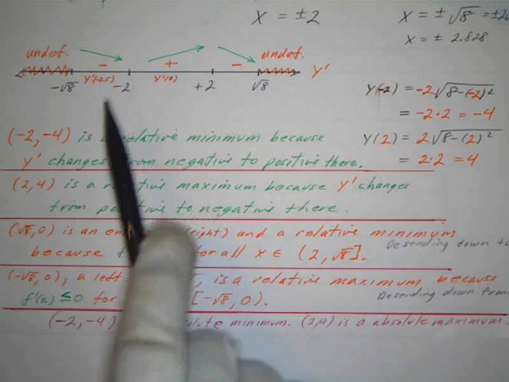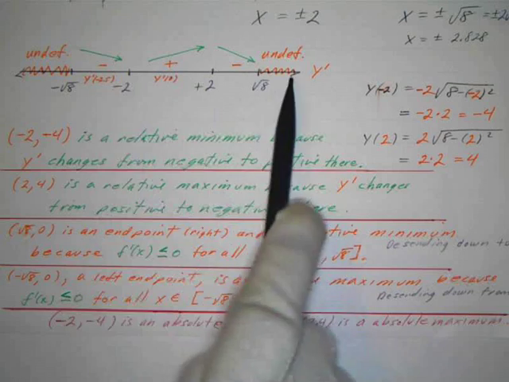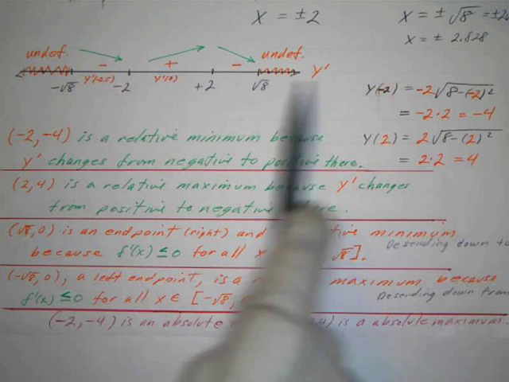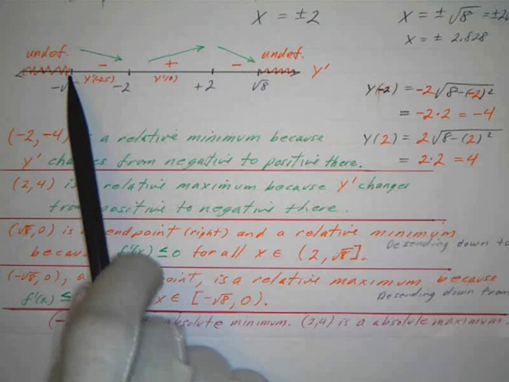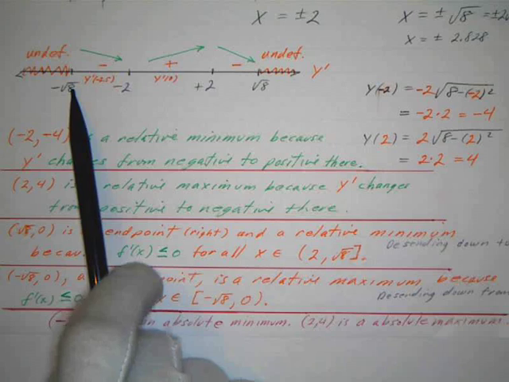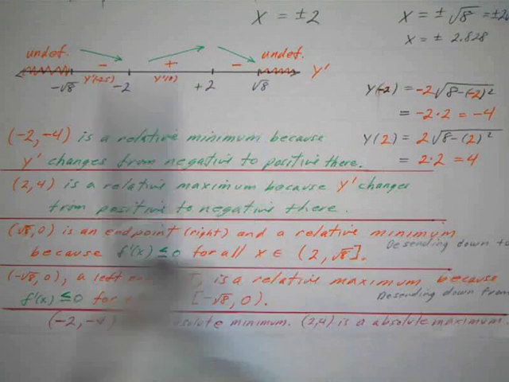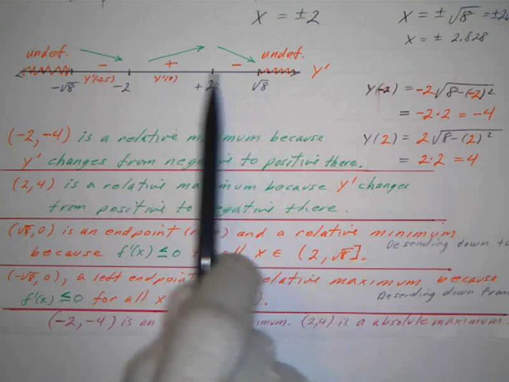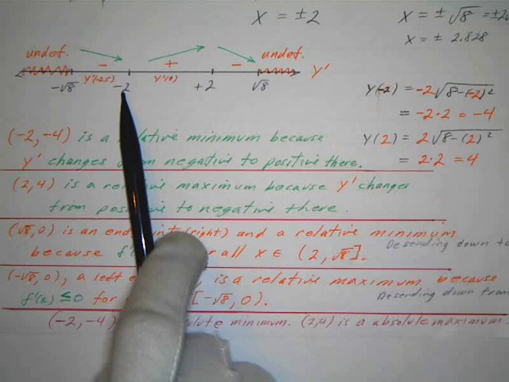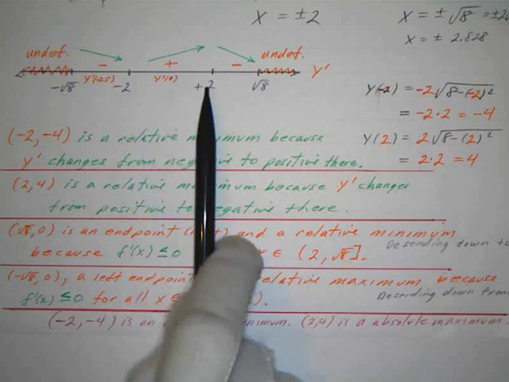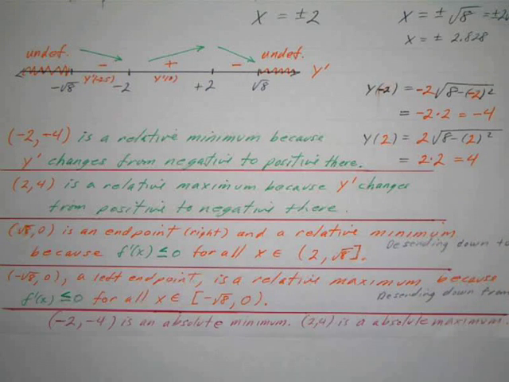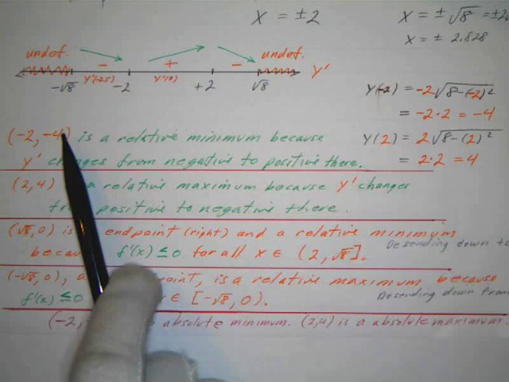So this is basically what's happening. Remember, at these endpoints, the function is undefined to the left or to the right of these endpoints. All right, this is the domain. So the domain is just from negative the square root of 8 to the square root of 8. That's the domain. So we're just dealing with the function in this domain. And these are the x values for the critical points, -2 and 2. And we found over here by putting those values in the function, those points were actually -2, -4,